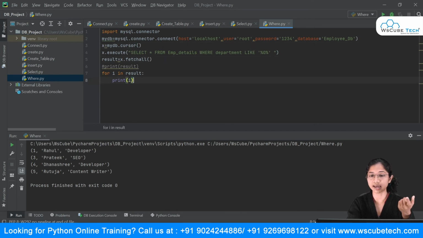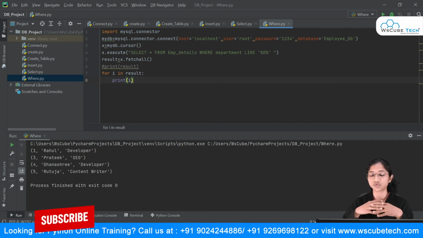So we just saw that by using this where statement, you can filter out your records. Suppose in the first step, we didn't make use of like, we simply said select star from EMP where department is equal to, say, SEO. So you were getting that particular record.